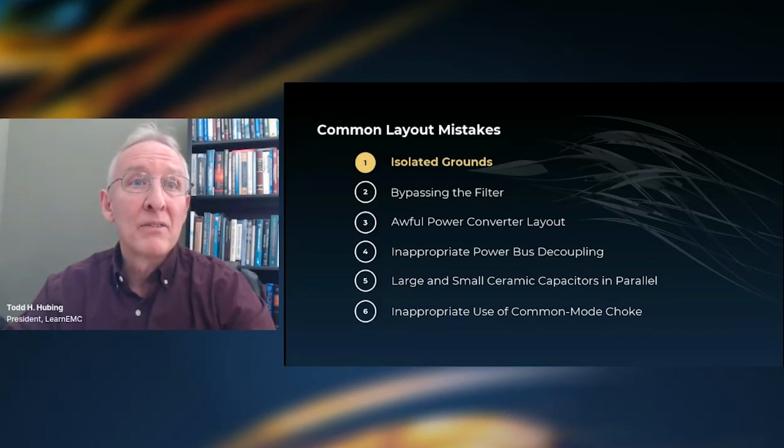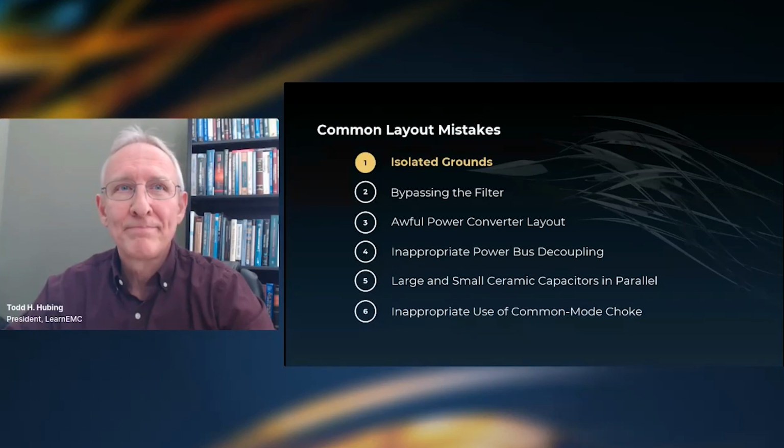But anyway, they're listed here in the order of how common they are when I see them. Isolated grounds or improper grounding, I would say, is the number one layout mistake people are making. Inadvertently bypassing the filter,